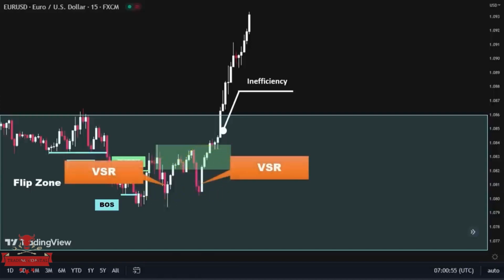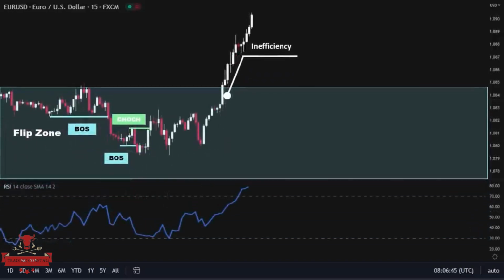the upside. We've identified the entry confirmations we are looking for before placing a trade. However, to gather more confirmations, I will add the RSI indicator to the chart and look for possible bullish divergence signals. To identify a bullish divergence, we need to compare points A and B on both the price chart and